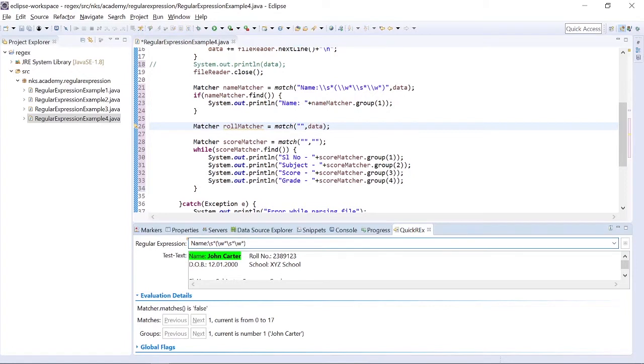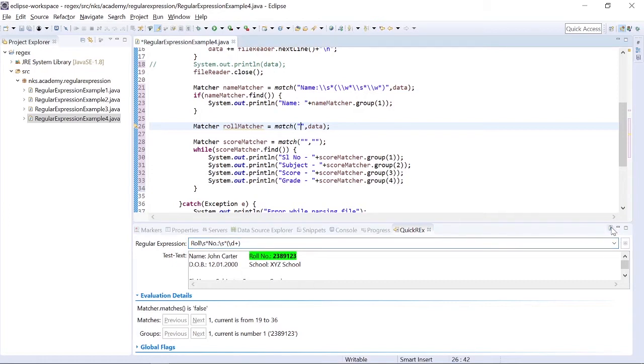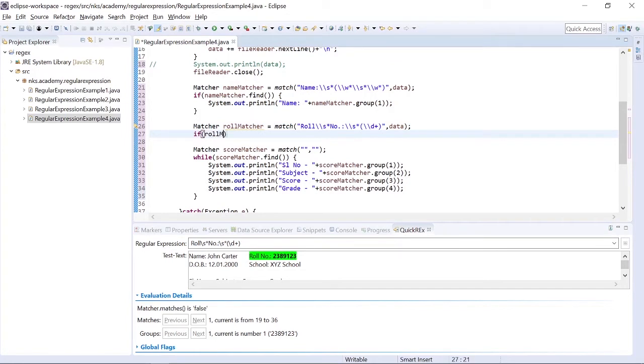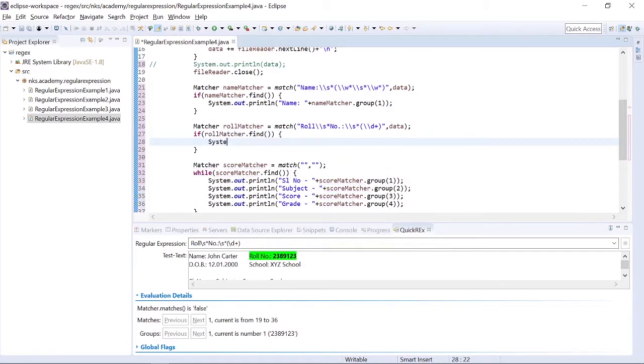So let's write a regex for roll, backslash s star number, there is a dot, then colon, then backslash s star, and then we know that it will always be a digit, so we will do backslash d plus. So it is now capturing the roll number. I'll give the regex here. Now if roll matcher is find, I'll print the value.